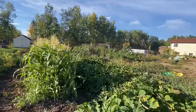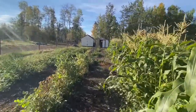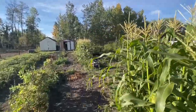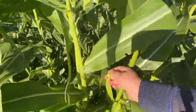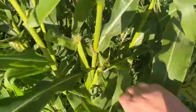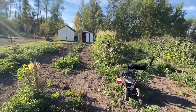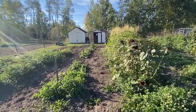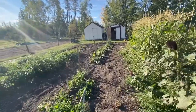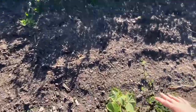But it's looking beautiful. We had a little bit of frost. The cucumbers got fried a bit. But the corn, this stuff I'm going to be picking today and canning as baby corn for stir fries and for salads or whatever. We use a lot of baby corn just because it's easy to add to stir fries. And yeah, these little cucumbers,